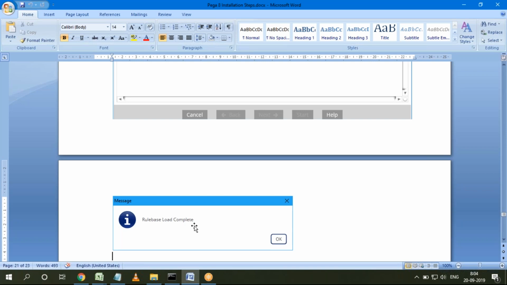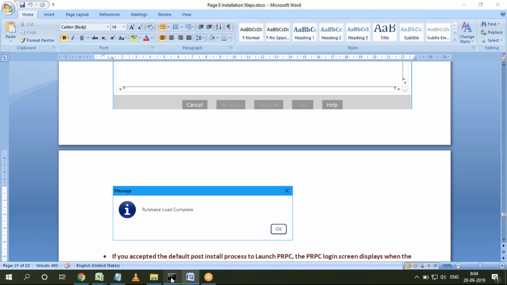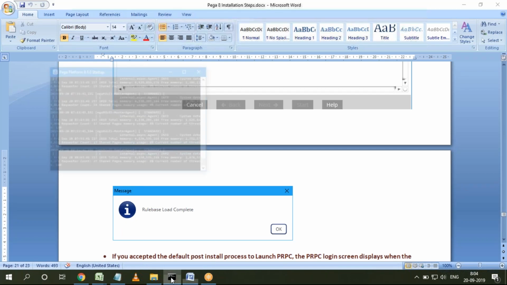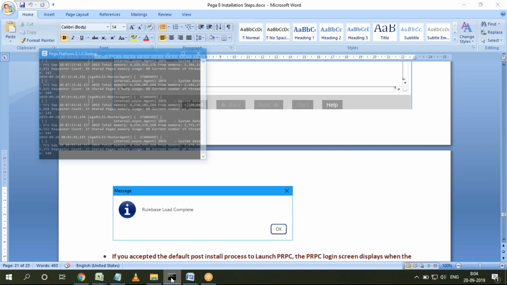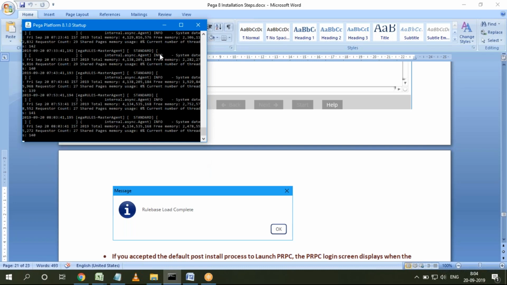At the same time, in the background, this command prompt will also load. What this is, is nothing but a rule base, or the Pega server. Again, I'll discuss the points later. When you install Pega for the first time, this Pega platform server will start up automatically. I want to tell you one thing: there are two editions of Pega. If you want to use the application in companies, we call it the enterprise edition. That is called the enterprise edition.